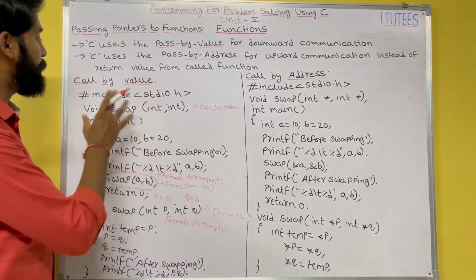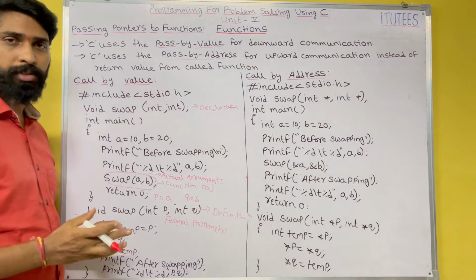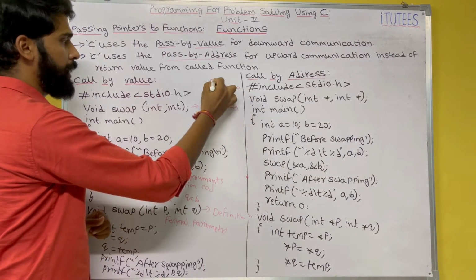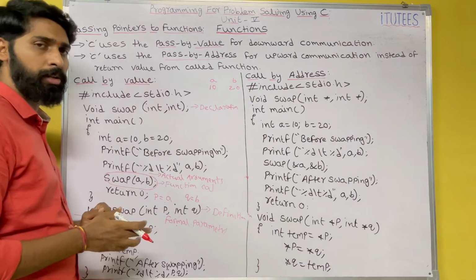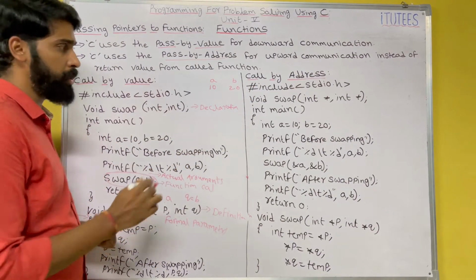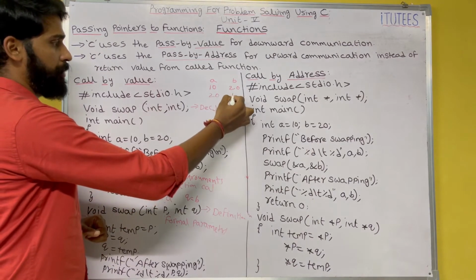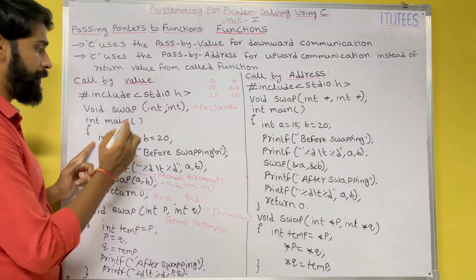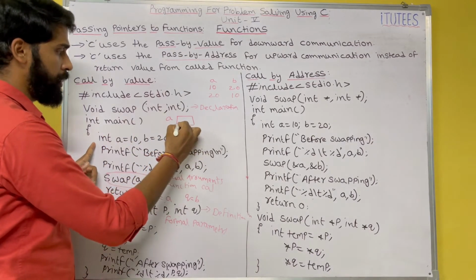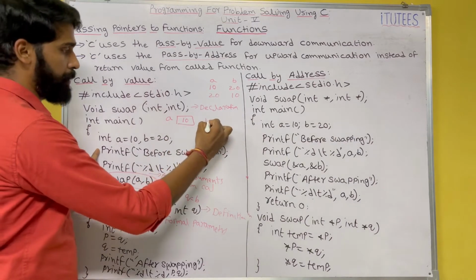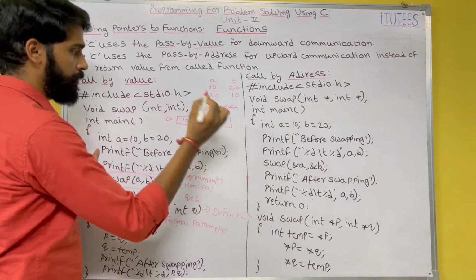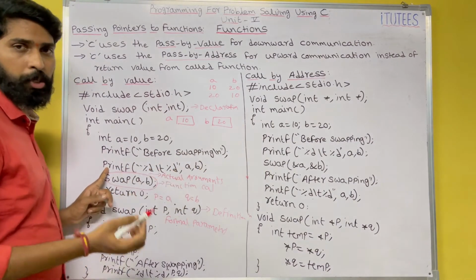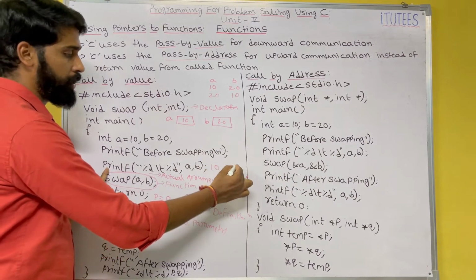Now the program is for swapping two numbers. You are going to give two numbers, for example a and b. After executing all these instructions, the a value becomes 20 and the b value becomes 10. That is the output. Now we see the a variable, 10 is the value. Similarly, this is the b variable, 20 is the value. Before swapping, printf a comma b. What is the output here? 10, 20 is the output.